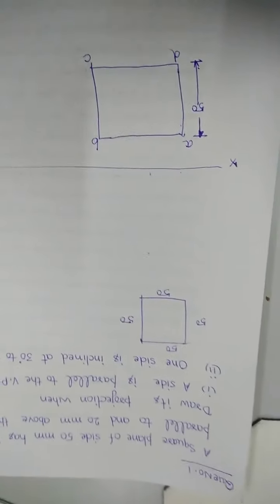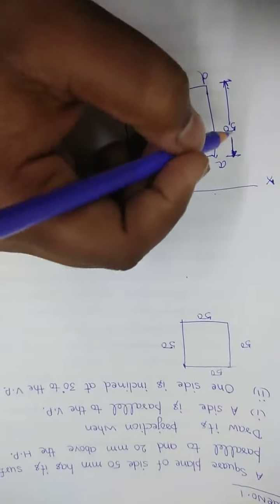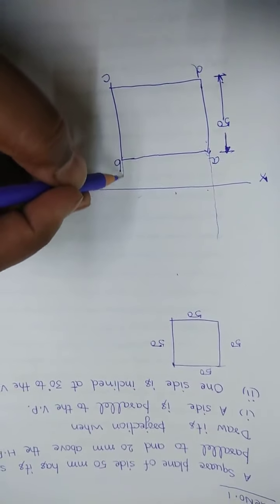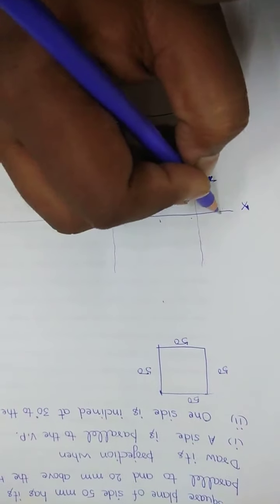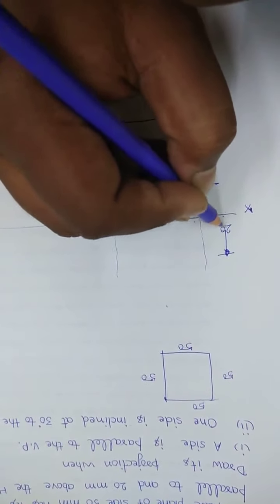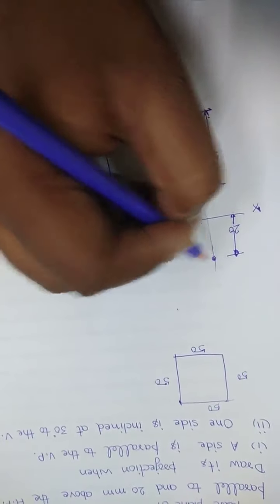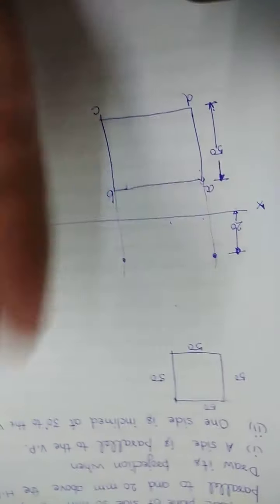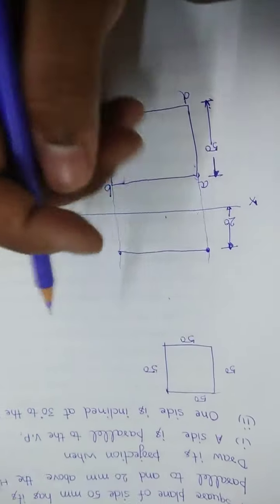Now it is given that the square plane of 50 mm is 20 mm above the horizontal plane. So what do we have to do? We will raise the line above. You will understand why I am doing this. From the reference line it is 20 mm above, so you will get this view. This line will give you a certain point, and this line will give you a certain point. And obviously, when you are looking at it from the front, making its front view, it will be a line only.